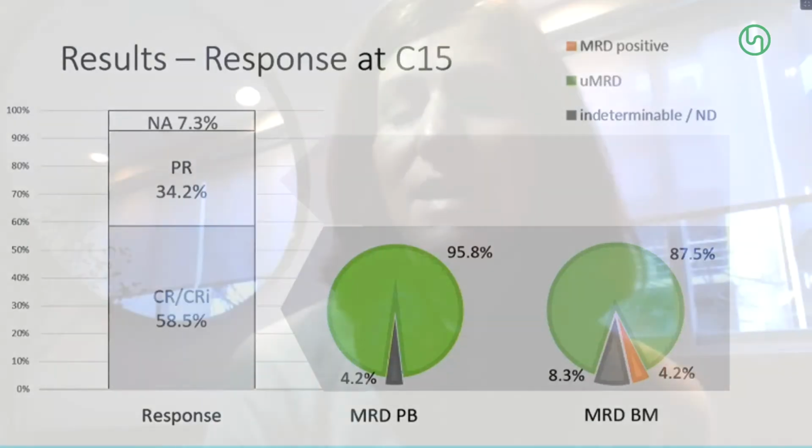chemotherapy or chemoimmunotherapy is not an option. So we are learning a lot about CLL and first-line treatment with all these different options and these